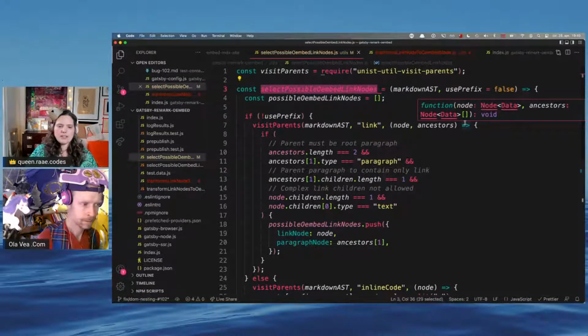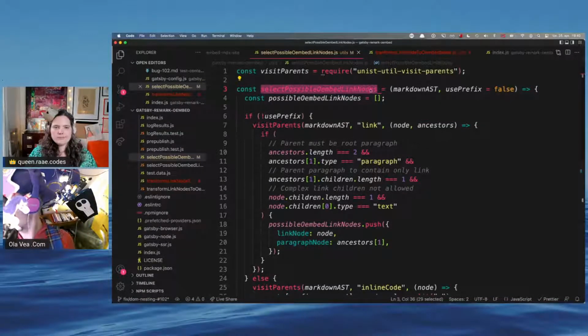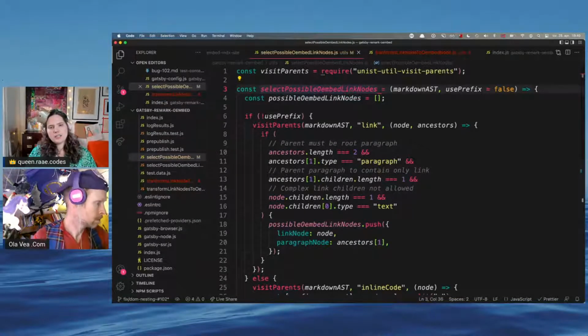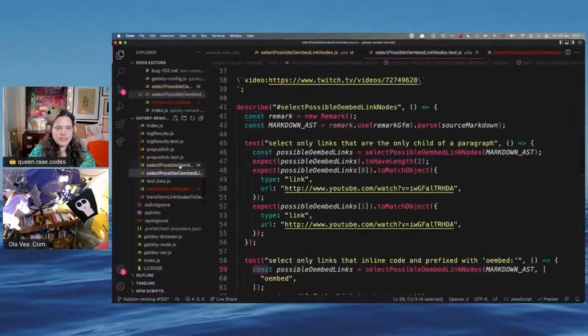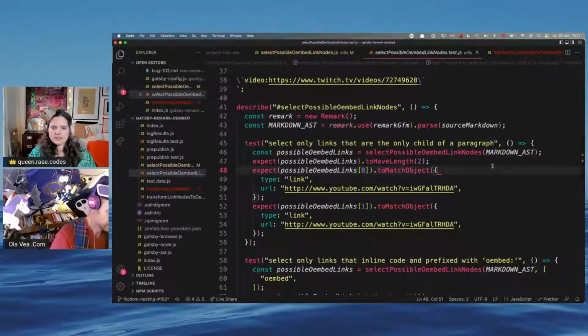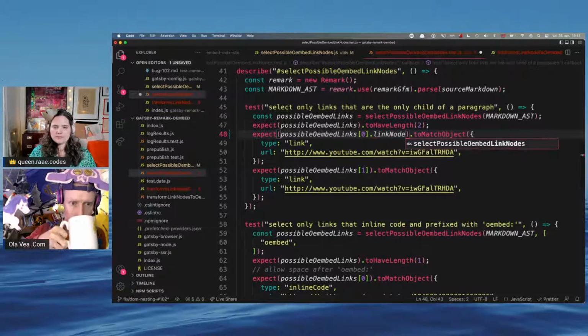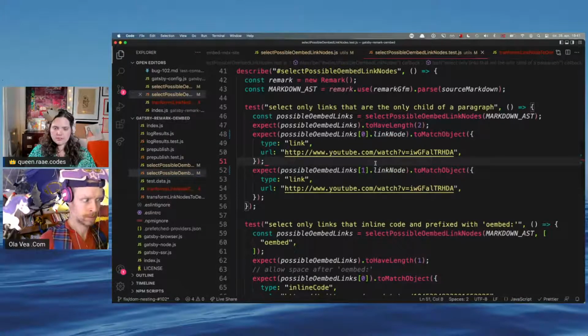No, let's push an object. Get the link node. We got the paragraph node. So let's just do select possible oembed nodes. No. I don't know what to call that now. But we have to change the test at least, because it's going to find to match, and then link node to match. Link node.